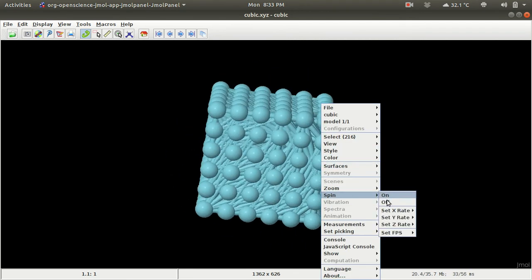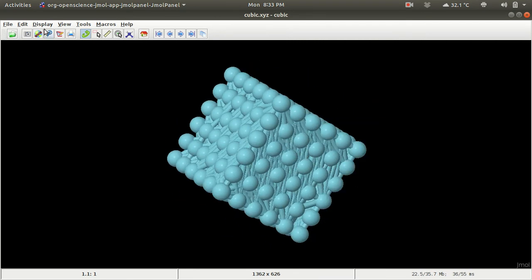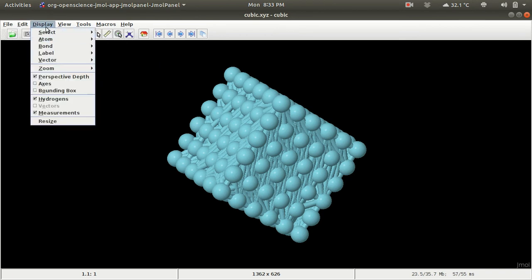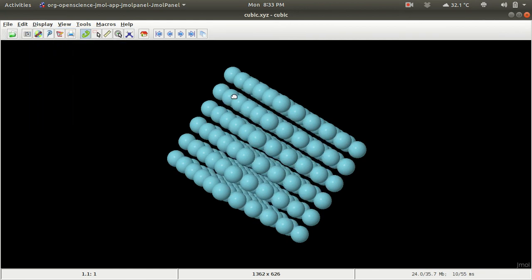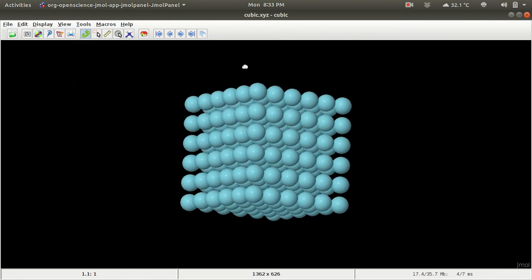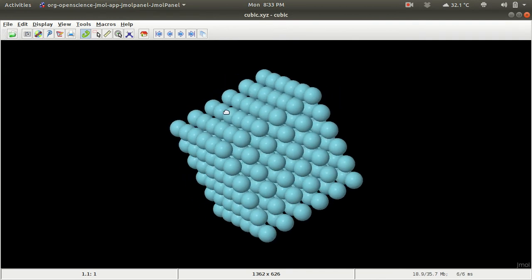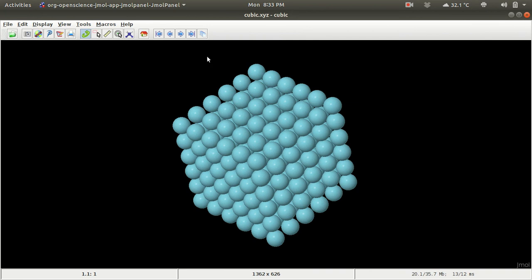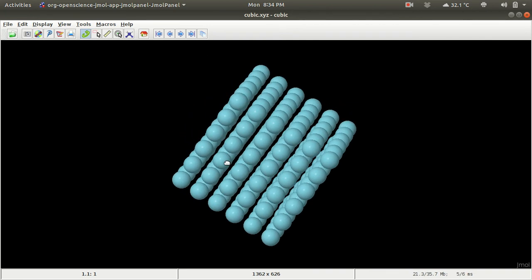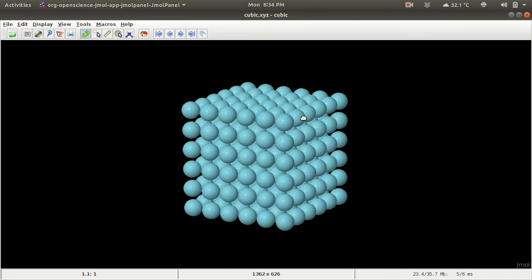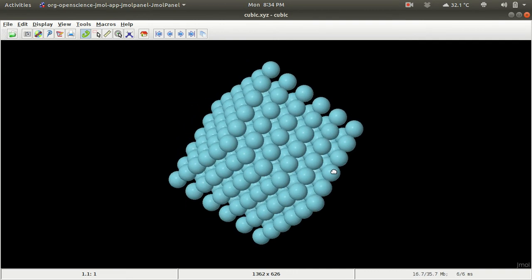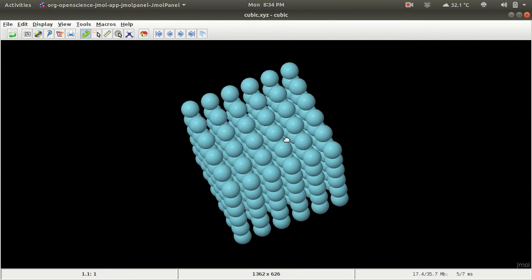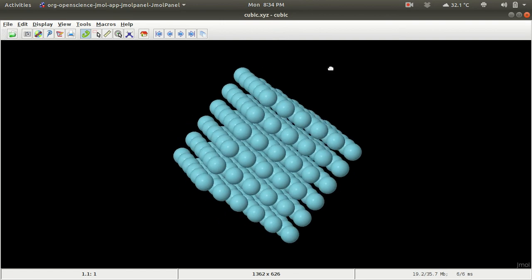So spin off, let's say, and then in edit, in display, you go to display and then bond and then just type none. So now this will be clear to you how a simple cubic lattice looks like. It is very clear from this picture that it is a simple cubic lattice, and as you can see, that is the main difference between gnuplot and the Jmol visualization. You can also use VMD, and that is also a good software, but there is a specific format.